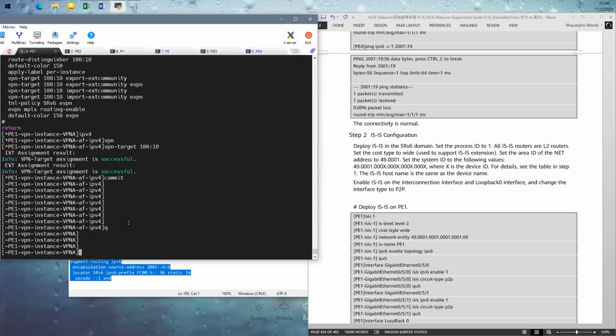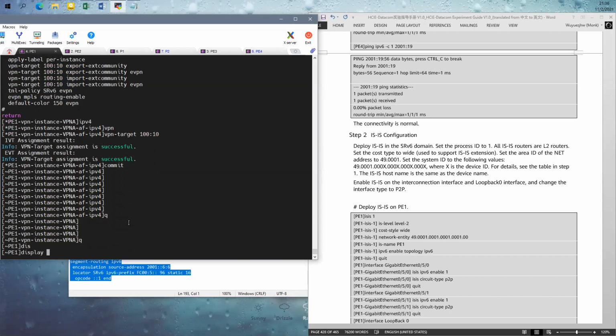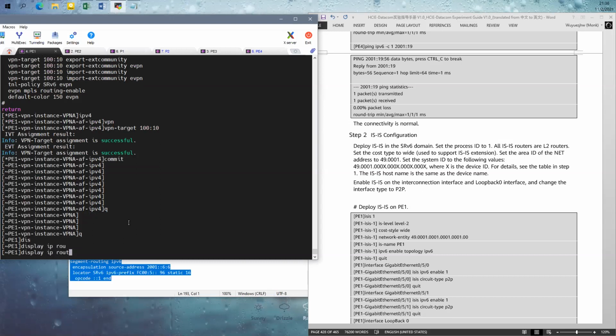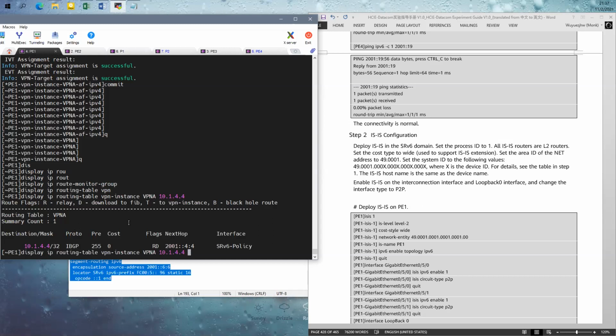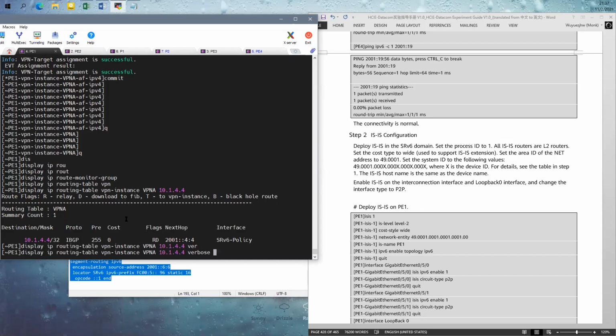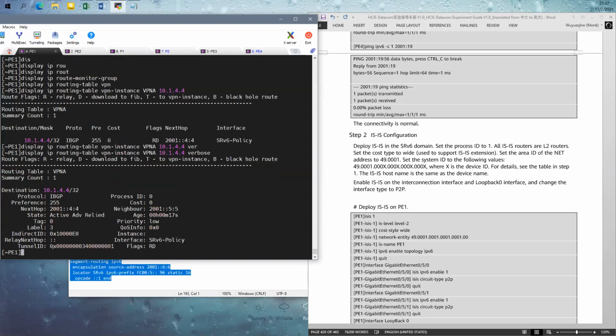Okay, this should be okay. Okay, this seems okay. It must be some configuration wrong for the SRv6 policy, but today we do not have